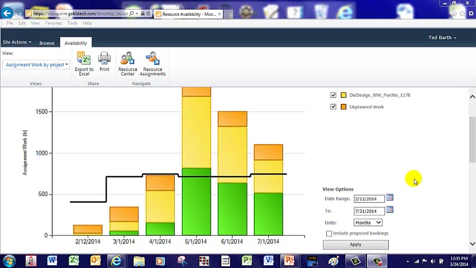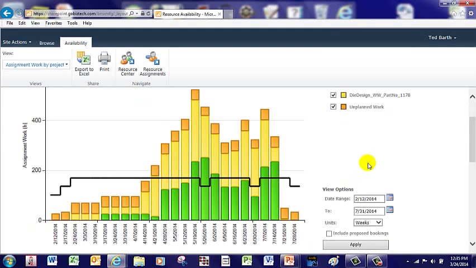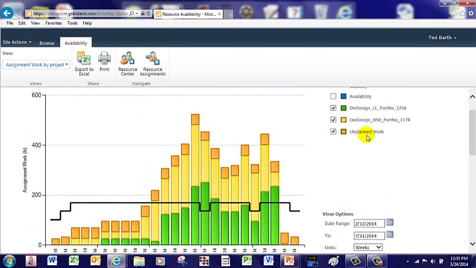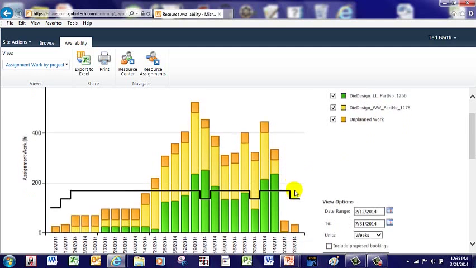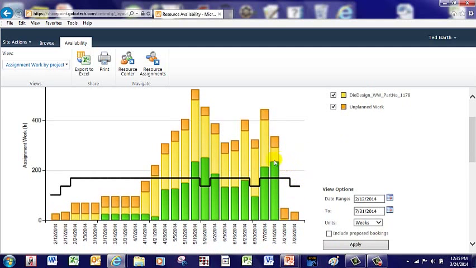Now the last thing the resource manager may want to do is he may not like looking at monthly granularity. Maybe he wants to look at quarters, or more likely say weeks. He'd go down here and choose weeks, hit apply, and now all the data on all these 3 different projects, or in the prior view and resources on the part number 1256, 1178, unplanned work, he's now looking at a weekly view, which is much more granular. He can see where there's imbalances within a month,